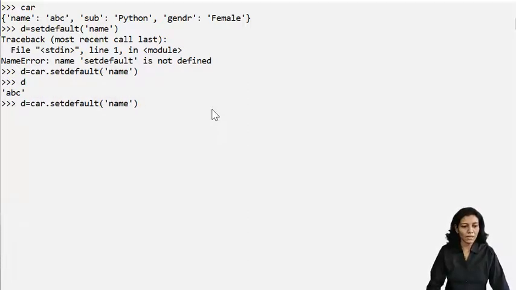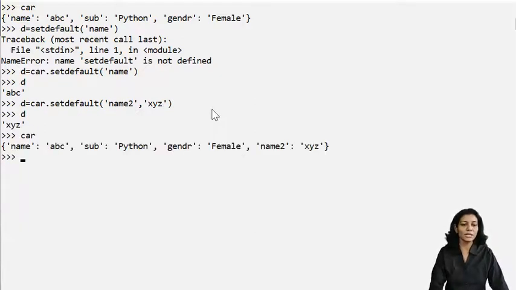But now if I specify a key which is not present, name 2, and the default value which I want to initialize my key with is x, y and z. Now let us see, D is having x, y, z and my dictionary is updated with the new key which is name 2 with the given value.